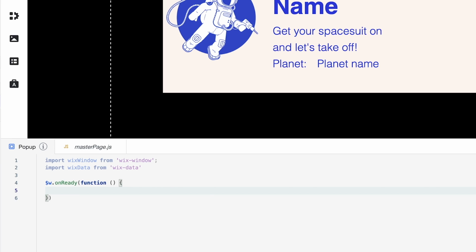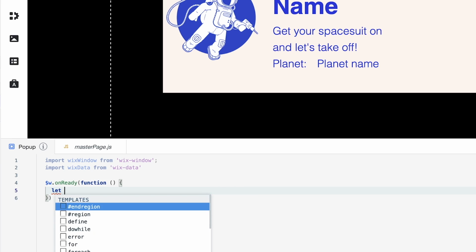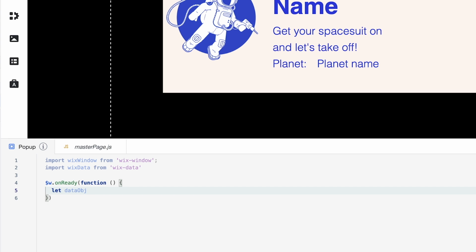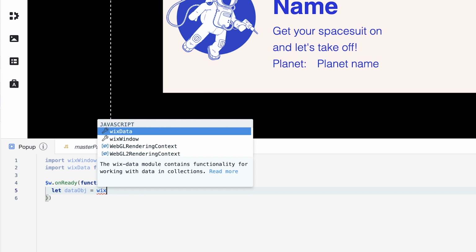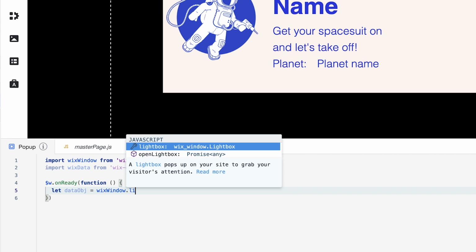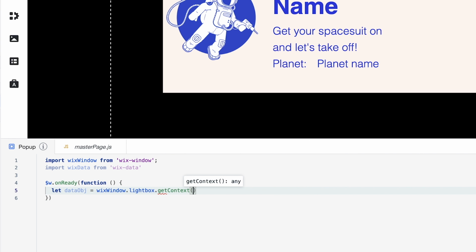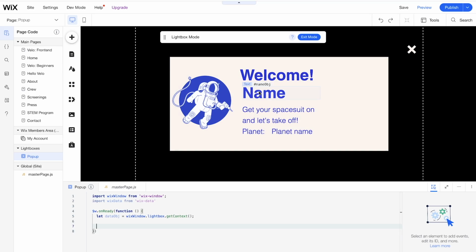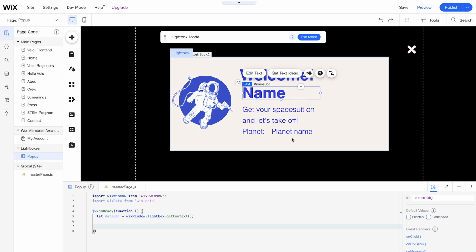So what we have to do is create a new variable for the data object, and we'll have that equal wixWindow.lightbox.getContext, so we can grab all of the content that we are passing over from the form to this lightbox. Okay, so now that we've got the data, we want to swap it in. This is a static value, and this is also a static value right now, but let's change it with this dynamic data passing through.